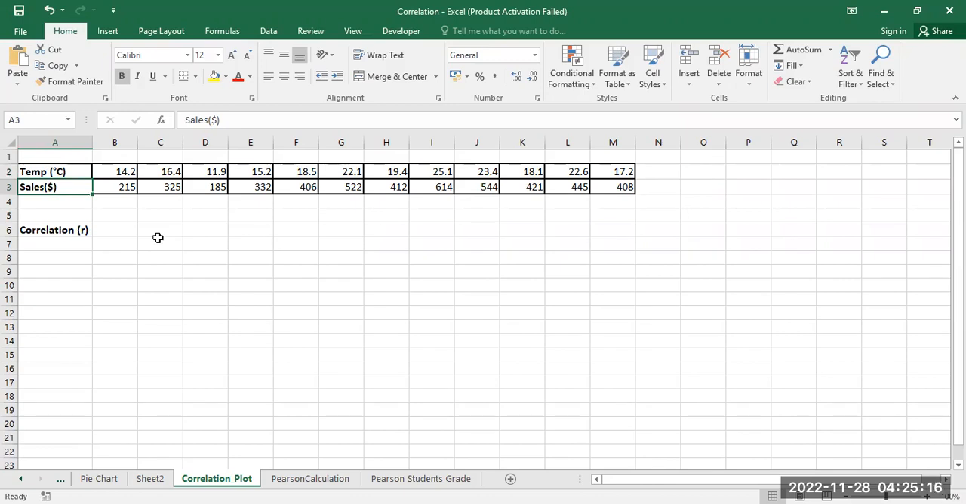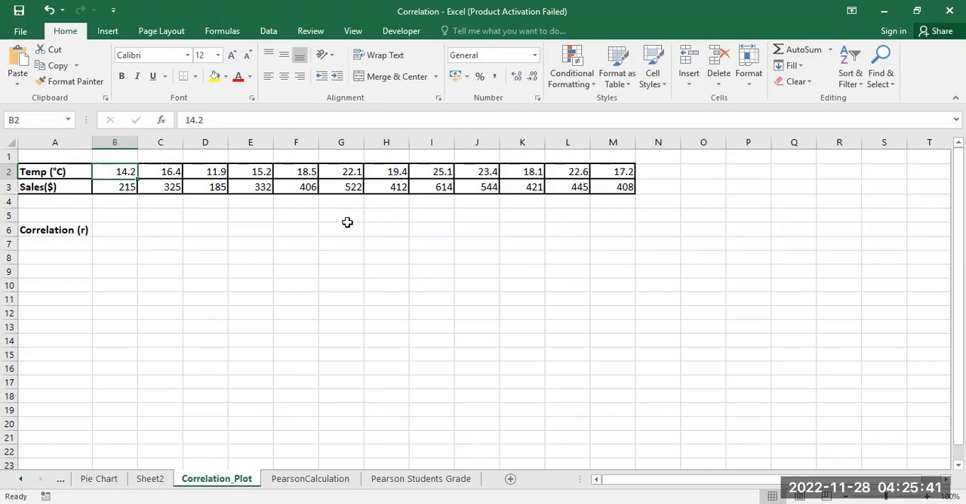So you can see these are the various temperatures. For the first day, the temperature was 14.2 degrees Celsius, and sales of $215 were made. When the temperature was 16.4, sales of $325 were made, and so on and so forth. So for us to draw our